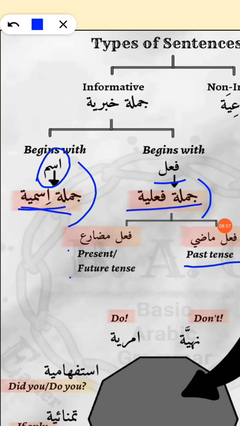Okay, because you don't really need it, but if you want to put stress, and a special kind of stress, then that's when you use lam. Okay, so there are quite a number of ways to put stress, to be very honest, and inshallah I'll try to cover all of them, both from a grammatical point of view as well as a linguistic point of view, inshallah. Okay, so these are some of the things that we're going to cover next.